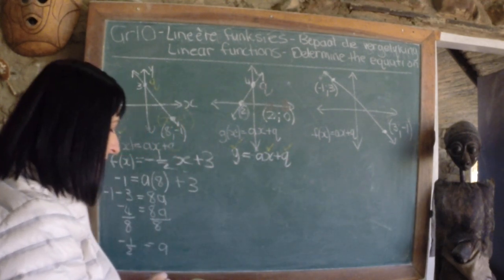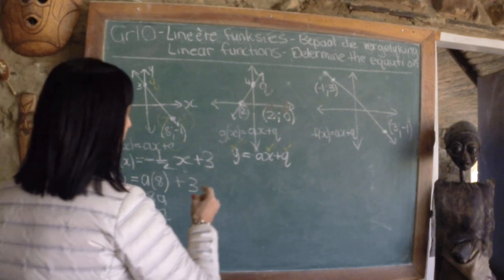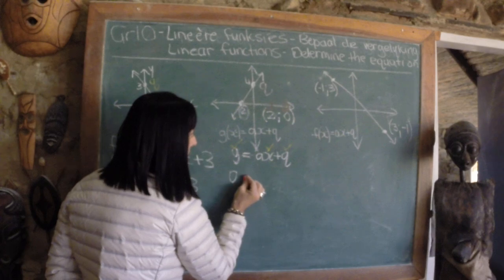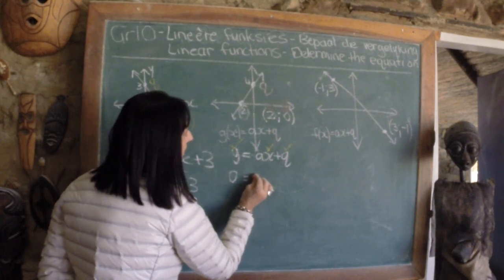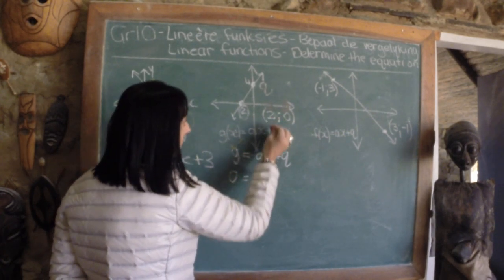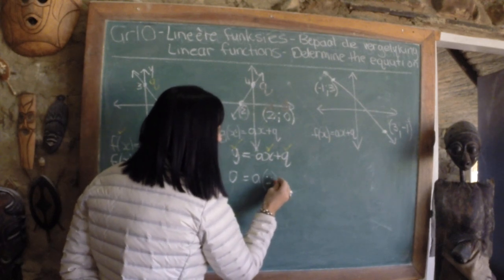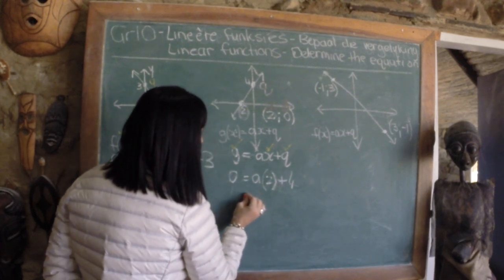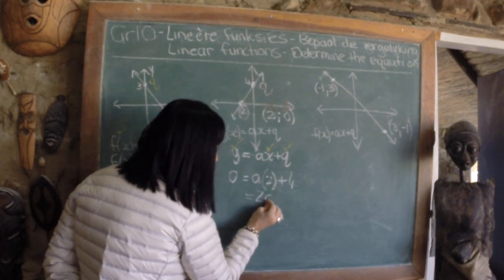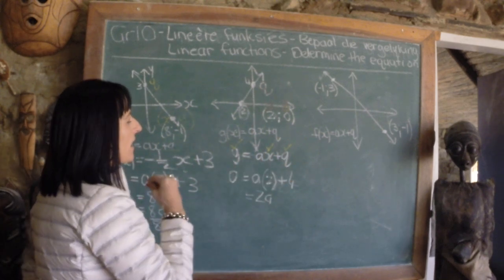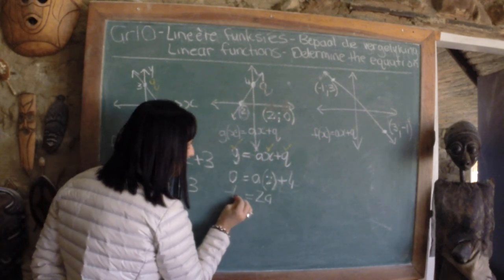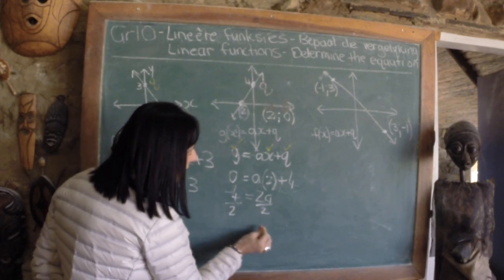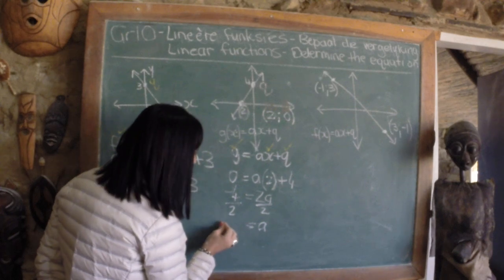So wat moet ek weer gaan uitwerk? Net vir a, baie maklik. Kom ons sit vir y in. y is nou 0, x is gelyk aan 2. En my q-waarde is 4. So now 2 times a gives me 2a. If I take the plus 4 to the other side of the equals sign, it becomes minus 4. As ek met 2 deel aan albei kante om vir a alleen te kry, is a gelyk aan